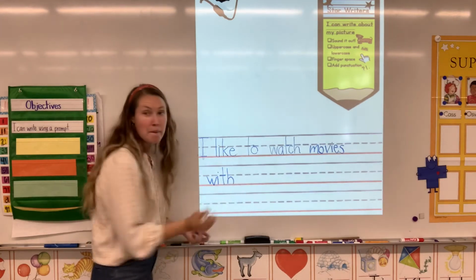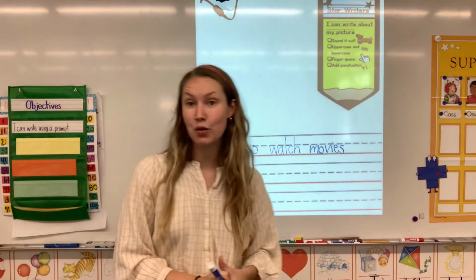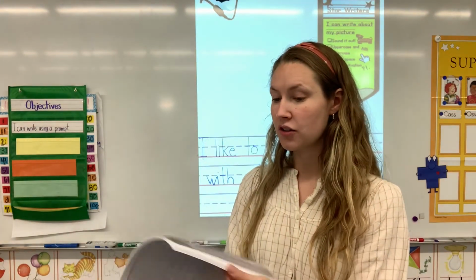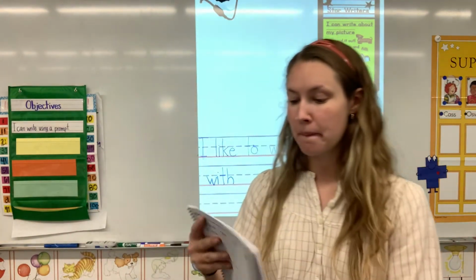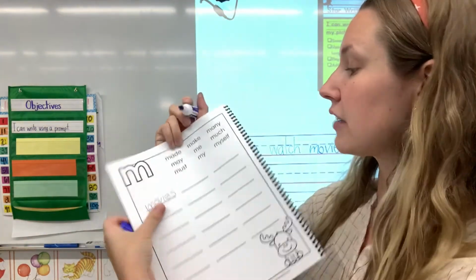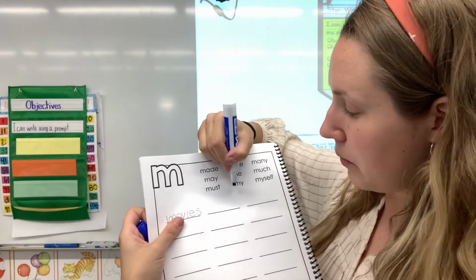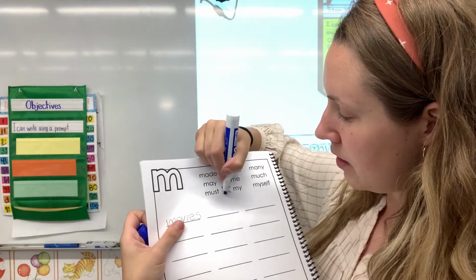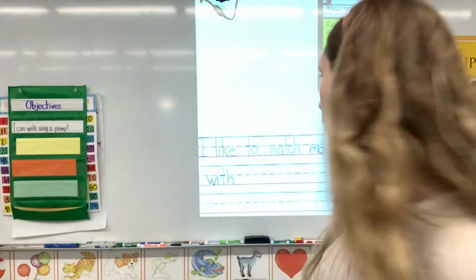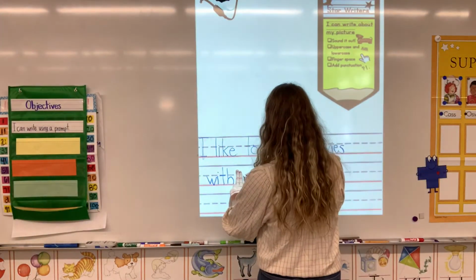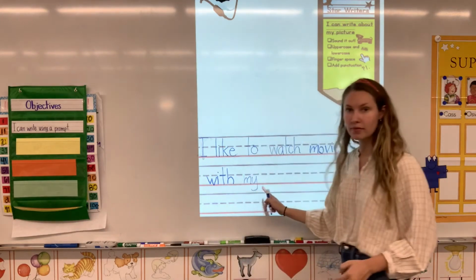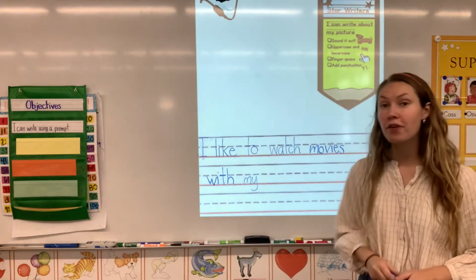Finger space. My is a word that we also have put a star next to because we use that one a lot. So we'll go to our M page. My. Oh, we actually haven't put a star. Let's add a star next to my because we use that one a lot. With my, M-Y, my friends,